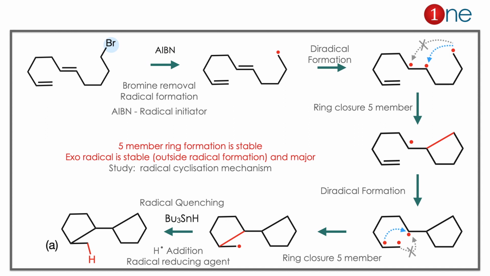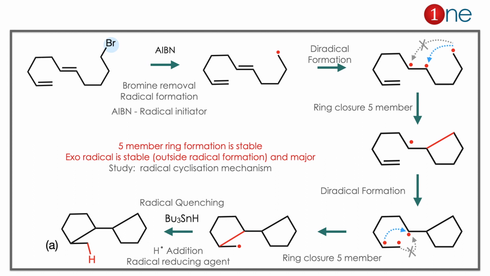Because the radical cyclization mechanism suggests that the exo radical is more stable than the endo radical, meaning the radical should be outside the ring. So a 5-member ring is formed, the radical is outside. Then again that radical has to be quenched. Again the double bond becomes a diradical there. So it again combines as a 5-member ring. So you have the exo radical. The exo radical is quenched with a hydrogen radical, it forms a carbon-hydrogen bond, which is answer A,